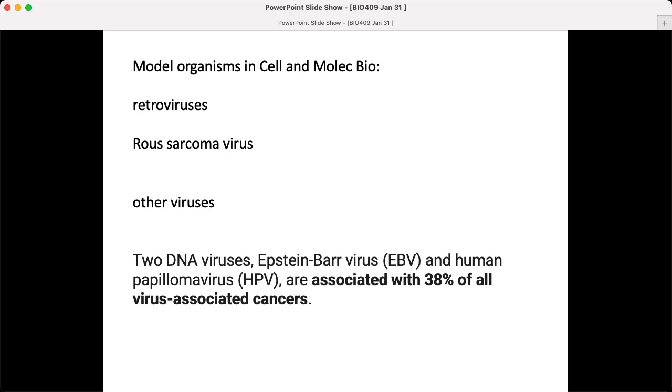They're called retroviruses because the virus itself has RNA in it, and when it infects a cell, it first needs to copy that RNA into DNA. That's called reverse transcription. We learned in the clay model videos that DNA gets transcribed into RNA, and that's how genes are expressed in every cell. A retrovirus has to actually infect a cell and have its RNA reverse transcribed into DNA as a